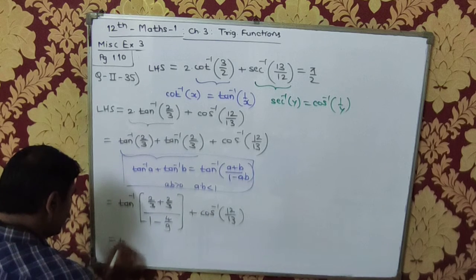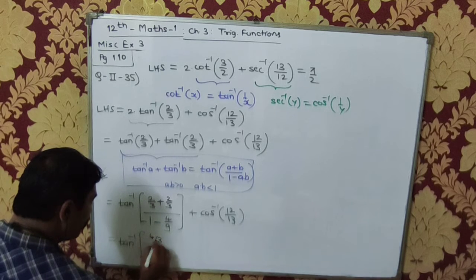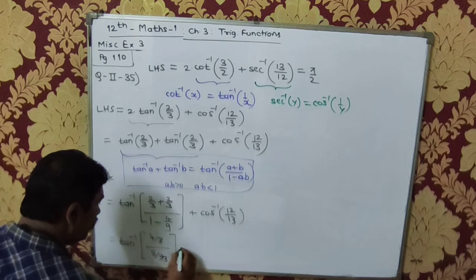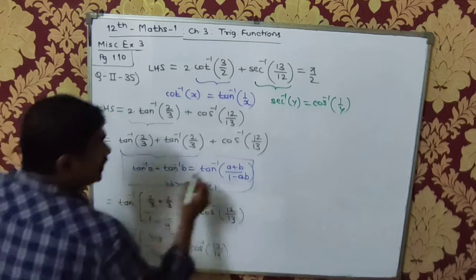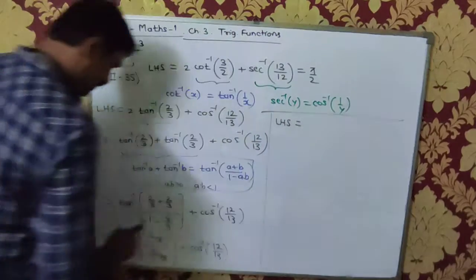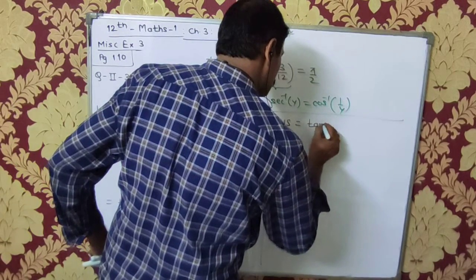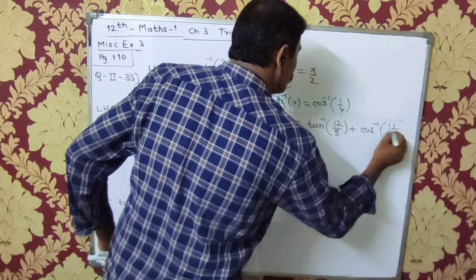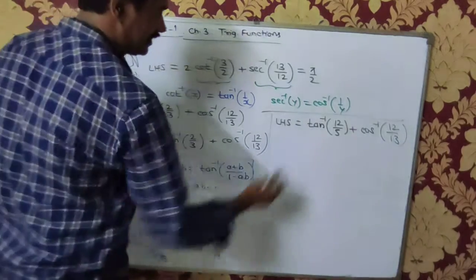Now that is equal to tan inverse of, what will this be? 2 plus 2 is 4 upon 3, and 9 minus 4 is 5 upon 9. Out of this, 3 3s are 9, plus cos inverse of 12 upon 13 is as it is. What will this become? Therefore LHS is equal to, what has come here? tan inverse of 12 by 5. This is tan inverse of 12 upon 5 plus cos inverse of 12 by 13 as it is. Please have a look at this. I have written this after simplifying it here.